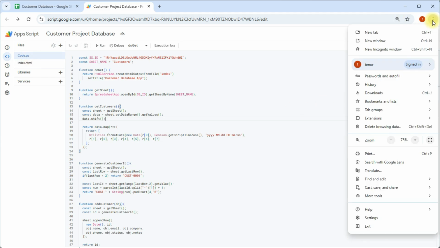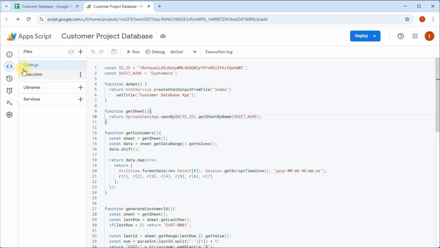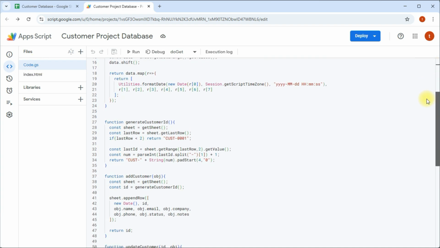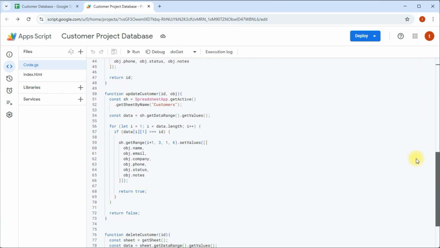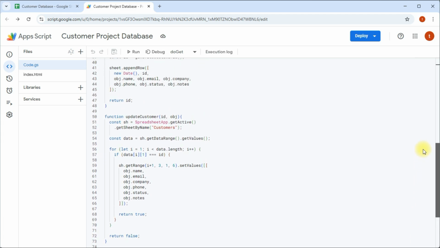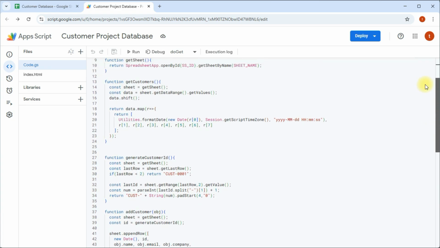Once you're in the Apps Script editor, we'll start with the Code.gs file here. This is the heart of our backend. And I have prepared a simple script that handles everything from fetching customer data to generating unique IDs and saving new entries. You don't need to write this from scratch.